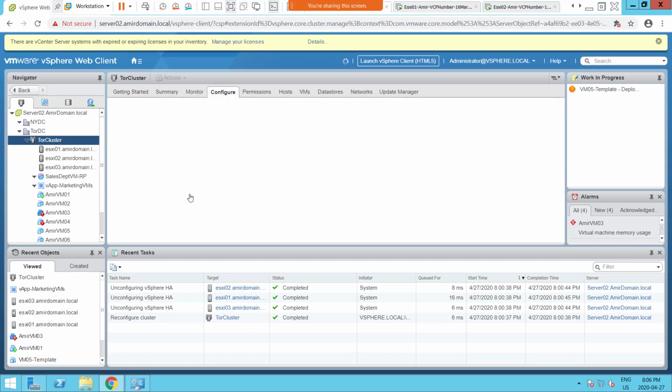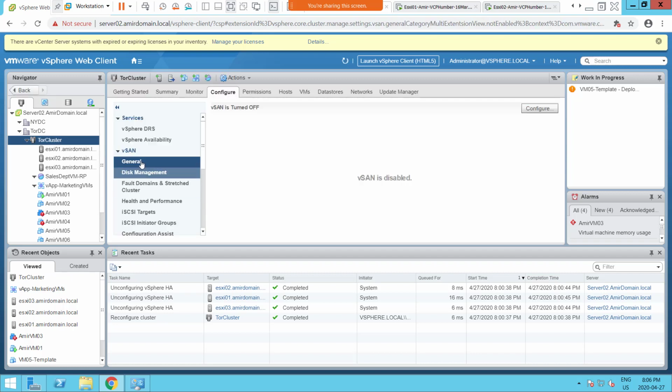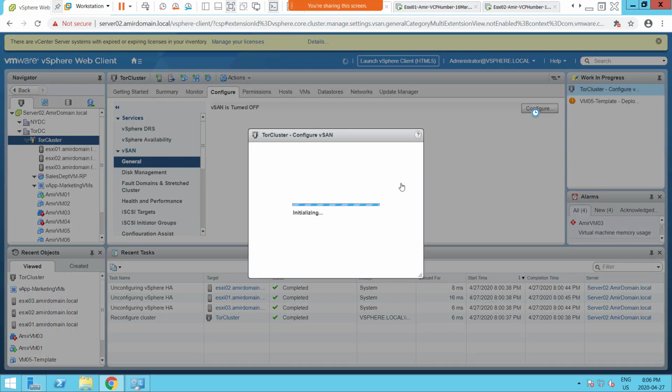And I'll try again. So vSAN general configure, turn it on,